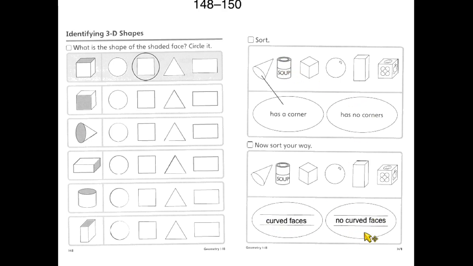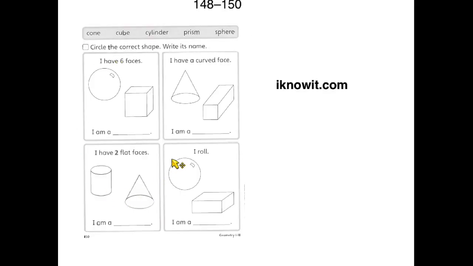You get to pick your own way at the bottom. Any way you want to. I did one for you. Curved faces, no curved faces. But if you don't want to do that, you can pick your own. And then these are riddles. I have 6 faces. Which one are you? This does not have 6 faces. This does. Here's the tricky part. Now you have to remember what this is called. It is a cube. I have a curved face. I am a... Okay, and then